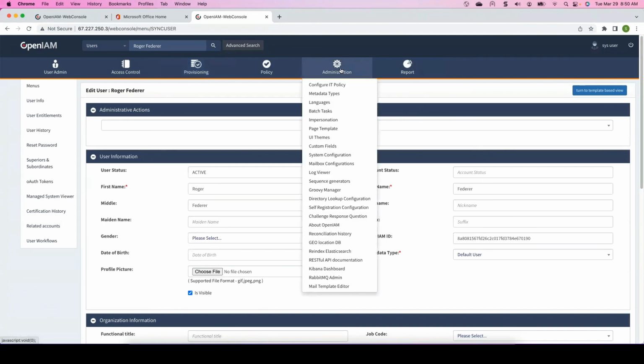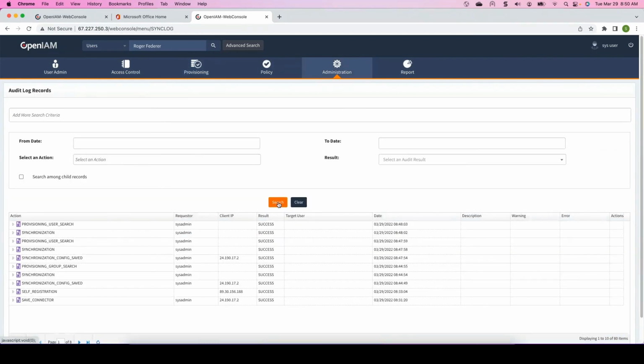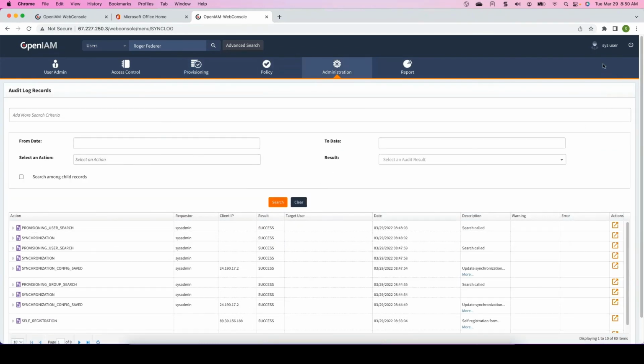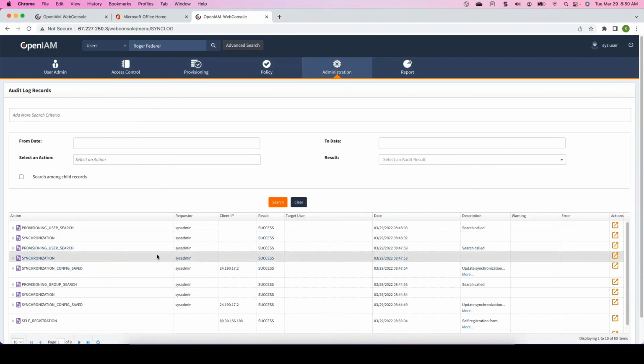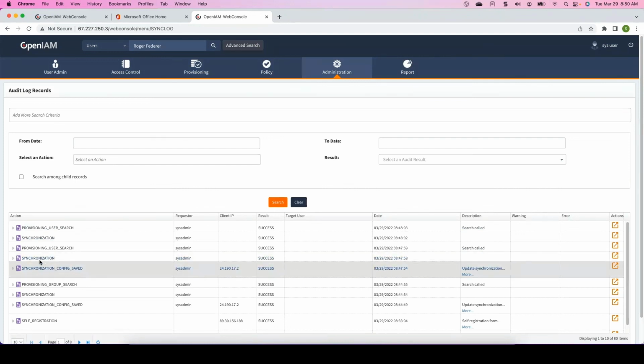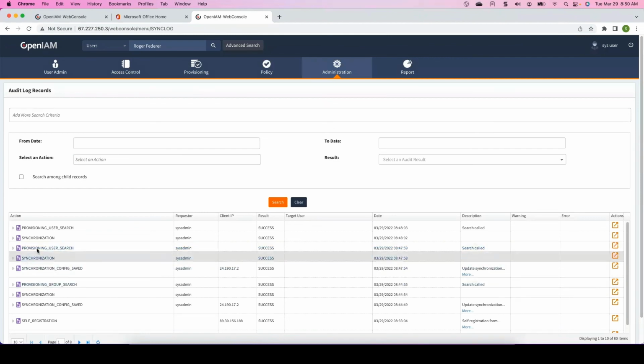So at this point, a couple of things that we can look at in terms of being able to troubleshoot. One of the things that I said was we have a log viewer, and so we can go to the log viewer and we can do a search, right? In this case, I'm just having it do a dump, and so what you can see is the synchronization that it ran each time I modified the configuration, when synchronization ran, and when it called the search, right? So if I were to open this up,